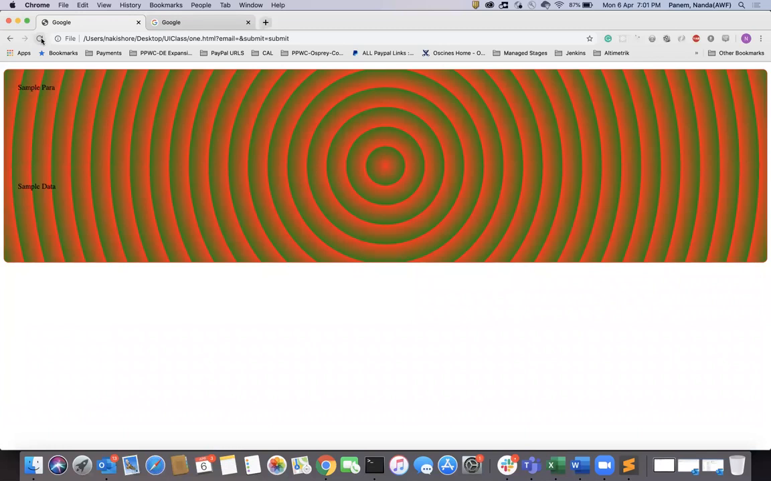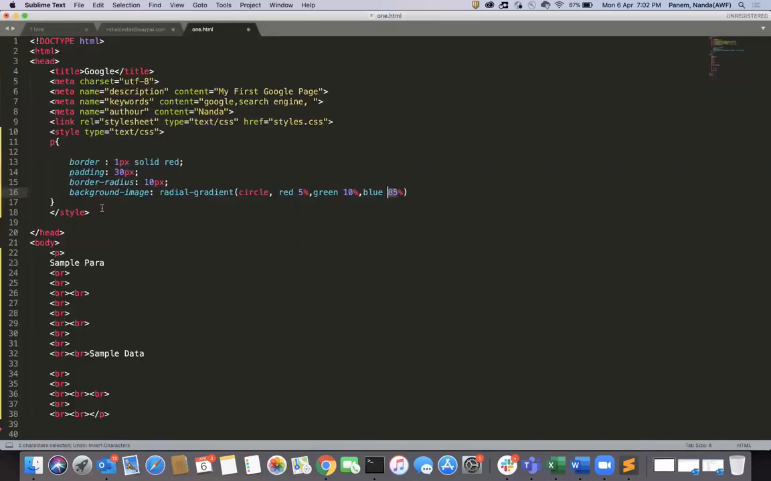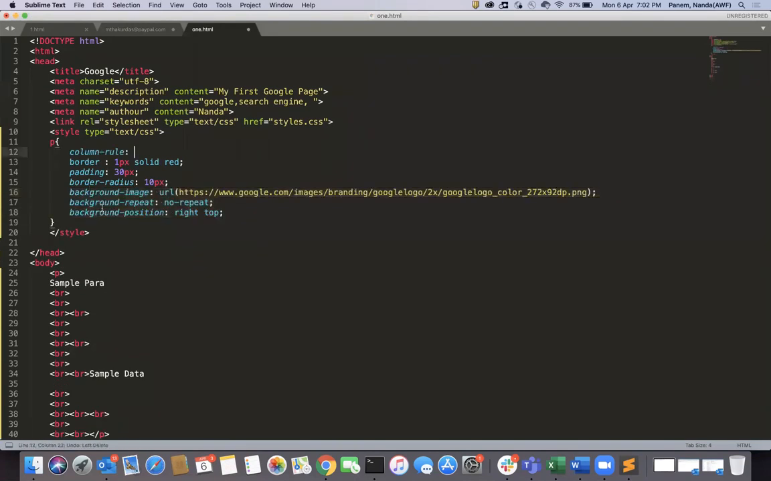Okay, got it. Any questions still here? So these are all the linear and radial gradient. Even this repeating we can use for linear also. Okay, and the next thing,